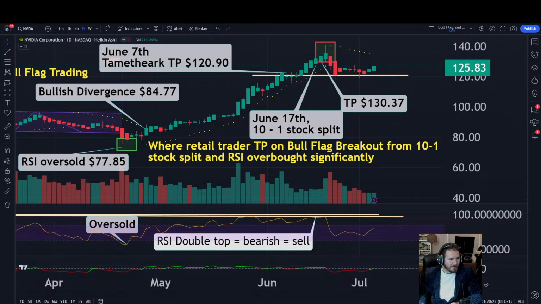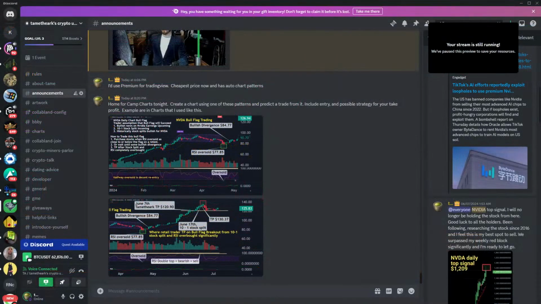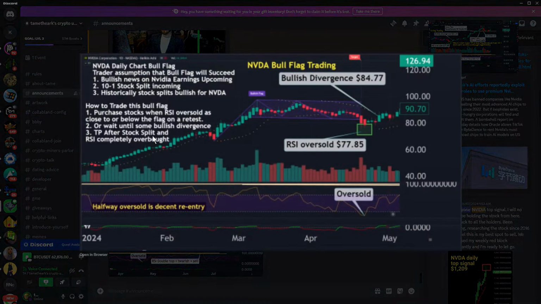I'm going to put an easy one in there for you guys. All right, so the homework is basically like what we just did. You just take a chart, make sure you have your chart ticker so we know what it is. You can put it on the daily or the weekly. Try not to put it on anything lower than the 4 hour. And give us a trader assumption, what the trader is predicting, if the bull flag will be successful or a